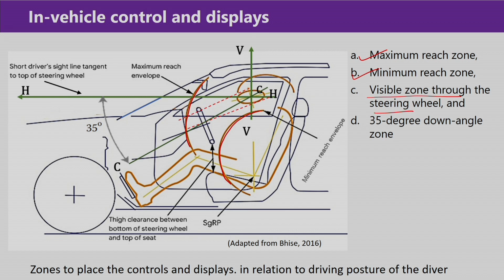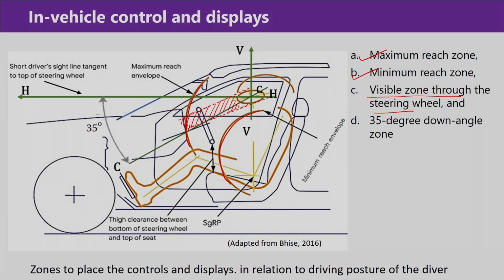Now, if we consider the 95th percentile eye ellipse, and from that eye ellipse we draw these types of lines of sight, you can see this dotted red line. The space between these two dotted lines, which goes through the upper portion of the steering wheel, is used for positioning the most important displays, so that the driver can easily visualize them during driving. While the driver is looking straight forward on the road, with only minimum eye movement they can easily see the instrument cluster through the steering wheel.